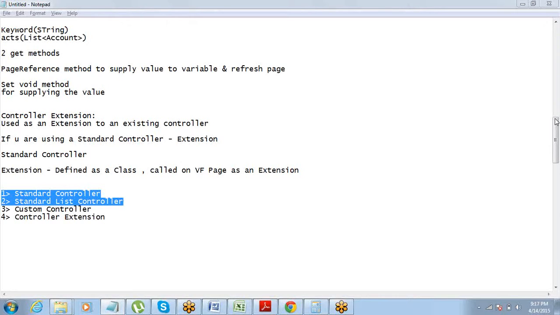Sridhar, tell me the difference between custom controller and the extension, the fresh thing that we just discussed. If you don't know the answer, please say pass.